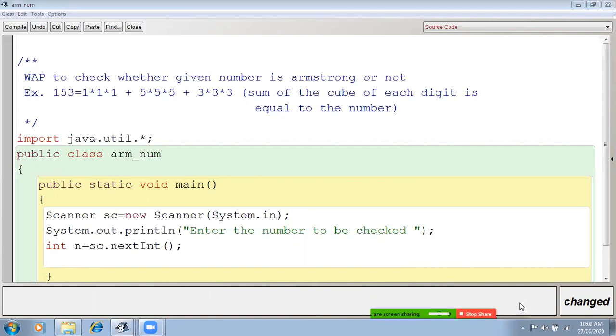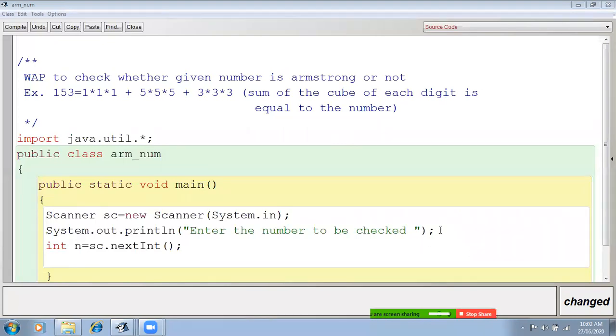Why use the while loop? Because most of the time we use the while loop when the number of iterations is not known beforehand. You can write this line in your notebook: use the while loop when the number of iterations is not known beforehand.